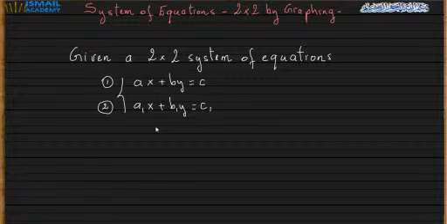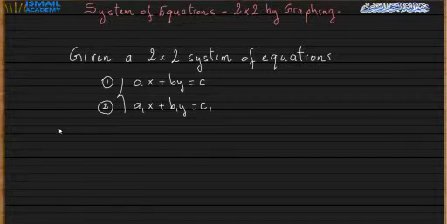So the first thing, when they give you a system of equations and they ask you to use the graphing method to solve the system, you transform both equations into slope-intercept form. If it was given to you already in slope-intercept form, you don't have to do it. But if they give it to you in standard form, like the one on the board, then you have to transform the system into slope-intercept form. This is the first thing you do. So first,